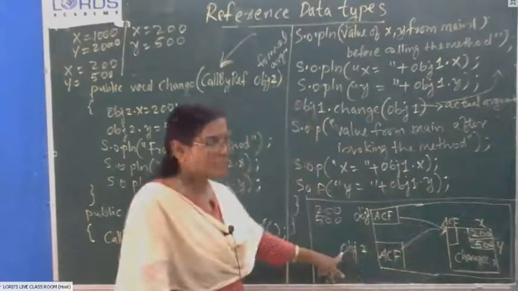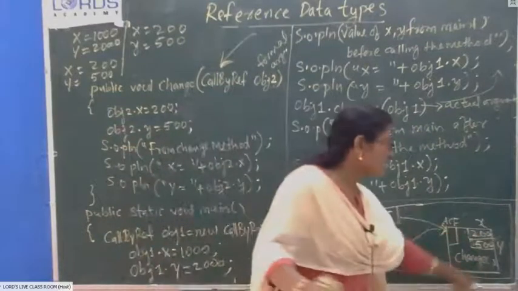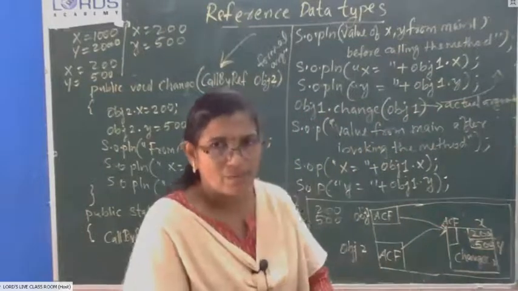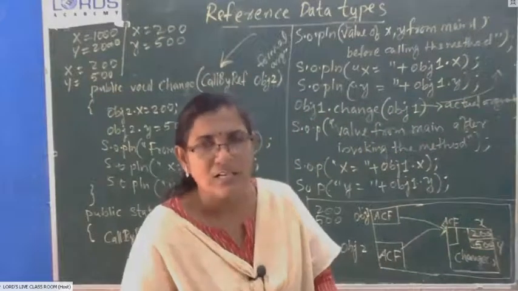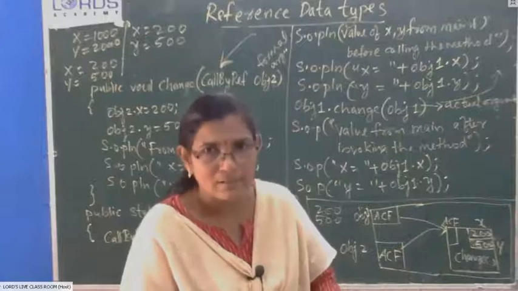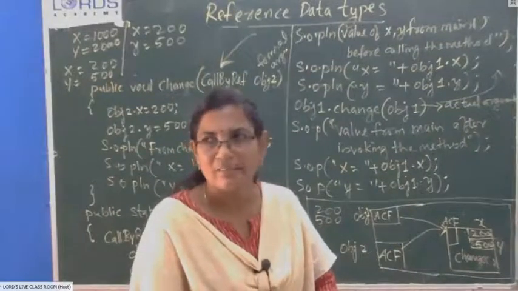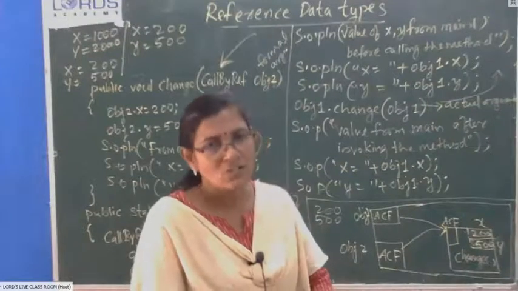Changes made by the function will be reflected in the original value. So we have lost the original value. Original value is not there. It is erased from the memory and a new value is saved in the same location by the change